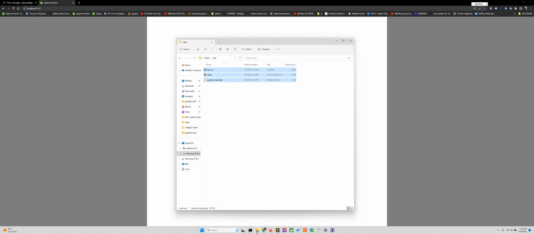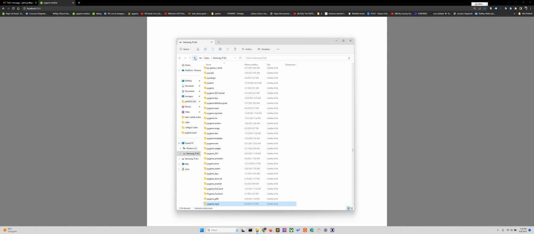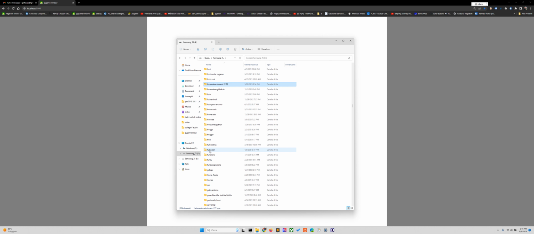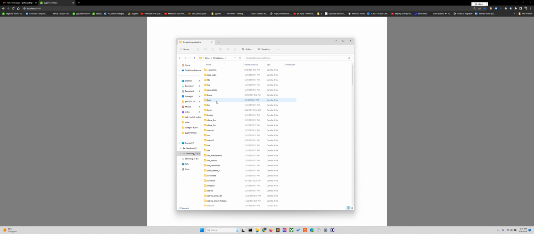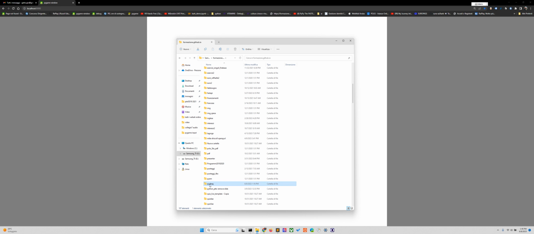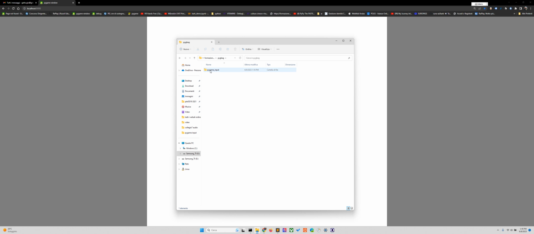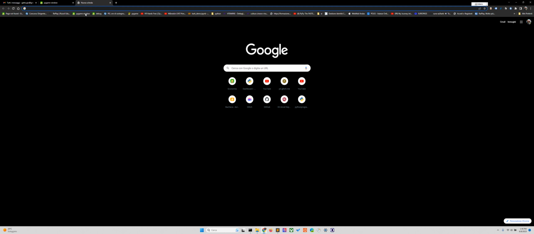You go into your GitHub repository, your local folder. Here is my GitHub repository folder, formazione.github.io. I've created a folder called pygbag, and another folder called pygame_input, and here I pasted my files. So now if I go and take this address here and paste it here,